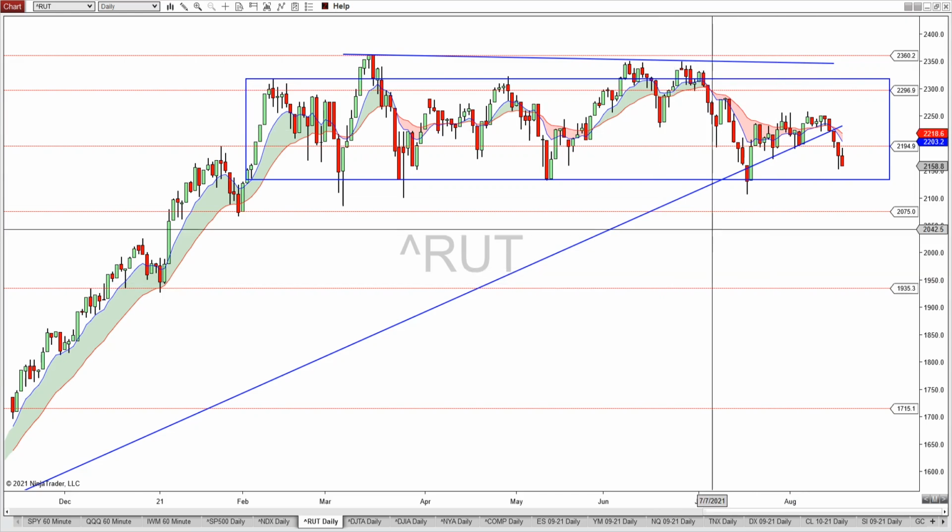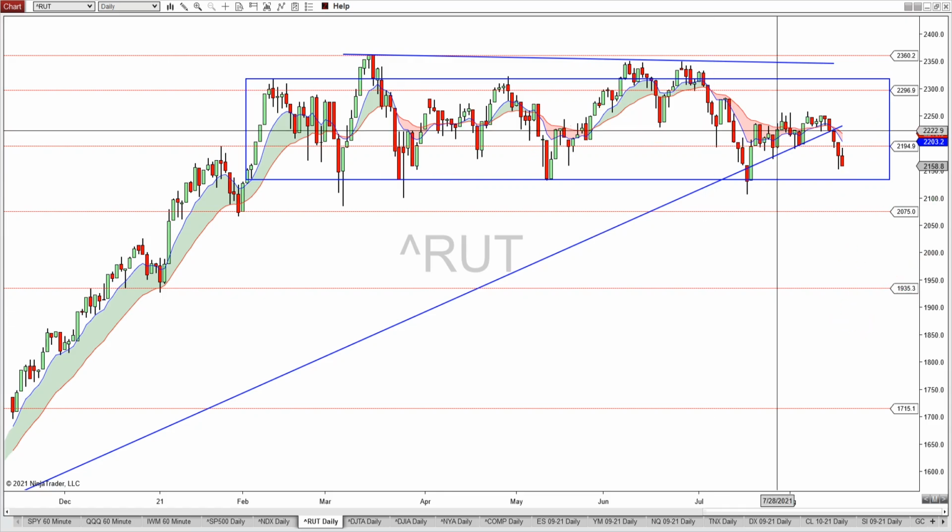So once again, it came down to the balance, and we're basically looking for this thing to come down to the bottom of this balance area and see would it get a bounce back up. And if it doesn't, if it breaks, then we're basically looking at 2075 and possibly 1935 afterward, if it can't